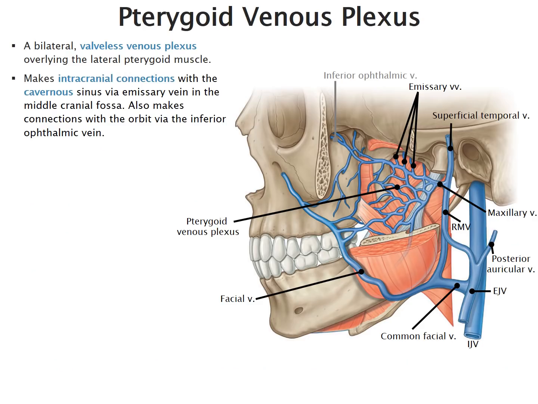The venous drainage of the infratemporal fossa is by route of the pterygoid venous plexus. This plexus exists bilaterally, and it overlies the individual lateral pterygoid muscles. The pterygoid venous plexus, along with the ophthalmic veins, maintain direct connections with the cavernous sinus in the middle cranial fossa. These connections to the cranial cavity through the emissary veins means that infections which are extracranial can spread intracranially